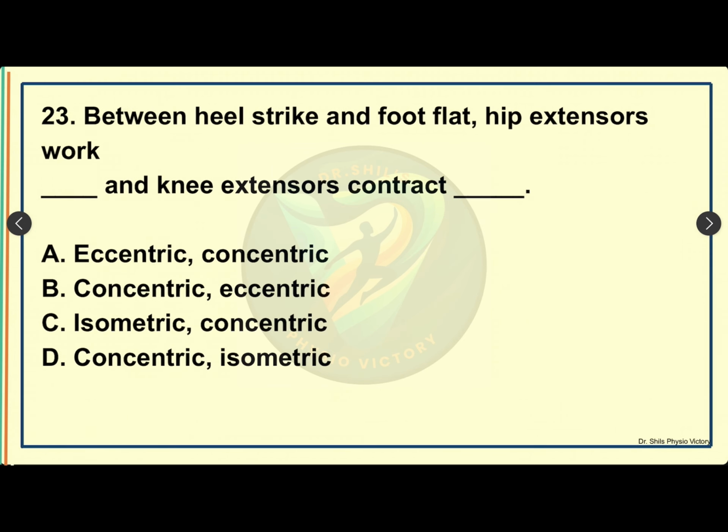Next question, question number 23. Between heel strike and foot flat, hip extensors work dash and knee extensors contract dash. Option A, eccentric, concentric. Option B, concentric, eccentric. Option C, isometric, concentric. And option D, concentric and isometric. Here, the correct answer is option B, concentric contraction of the hip extensor